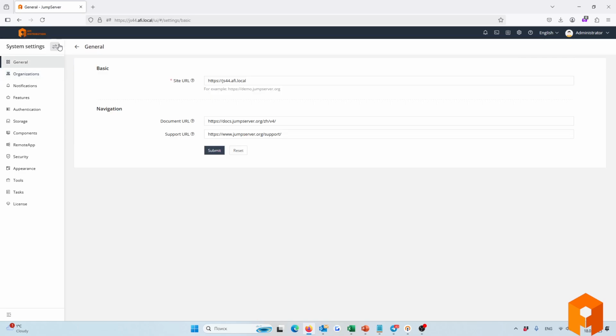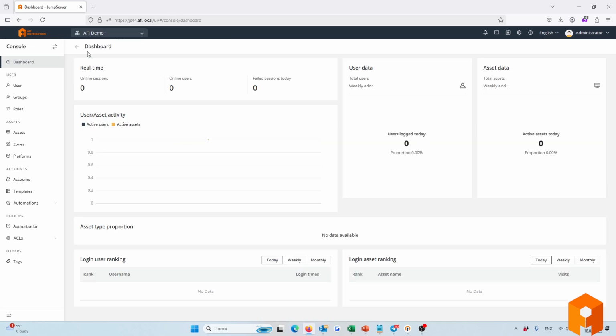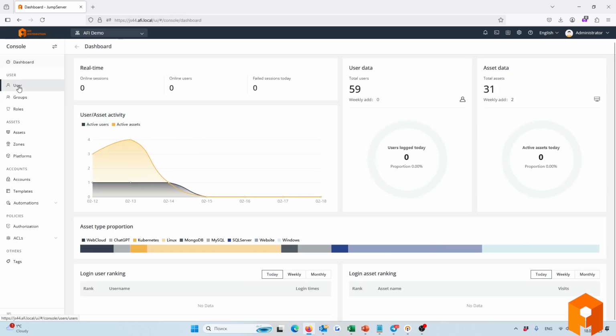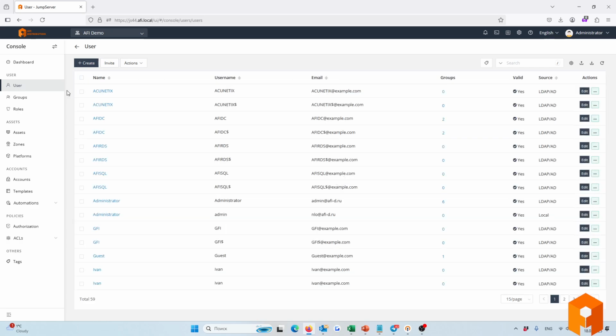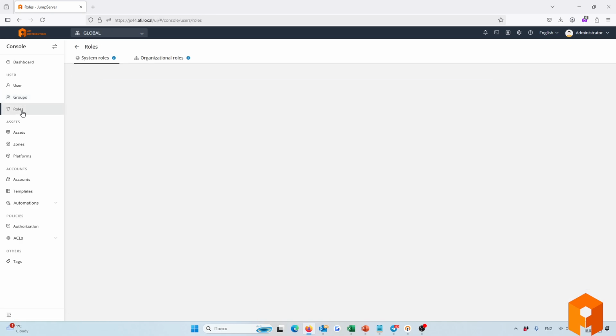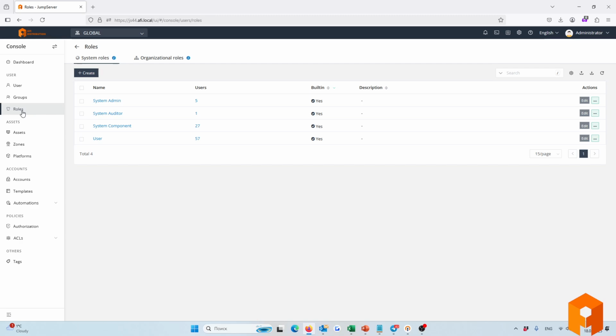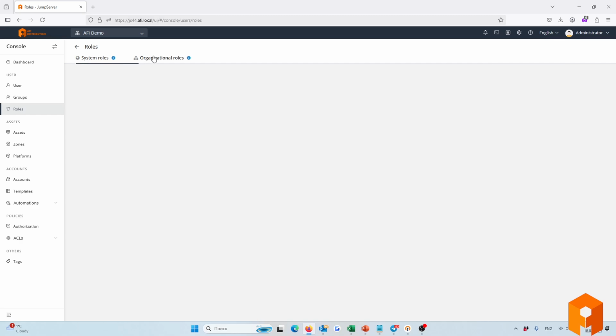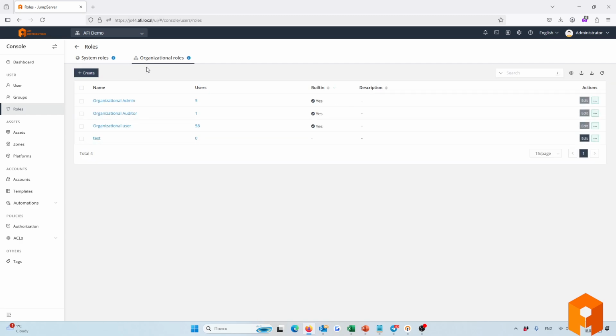So let's continue. Let's go back to the console. What we have here: users the same as in Community Edition. Groups are also the same, and roles. In Enterprise Edition you have custom roles. You have system custom roles, you have organization custom roles. Organization roles means that this custom role will be accessible only in your organization. So in each organization, a user can create custom roles